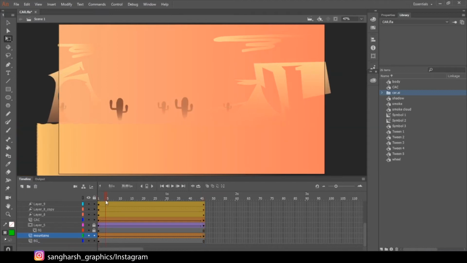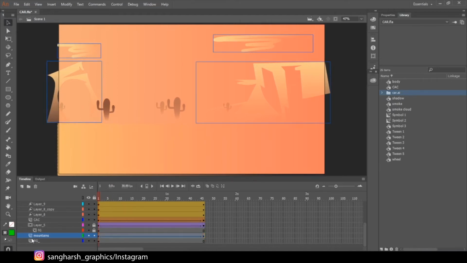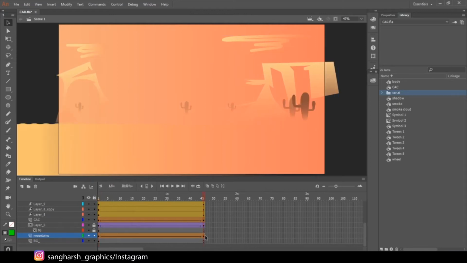I have animated it so that at the first keyframe all of the mountains' position is here, and at the last frame I just moved them a little bit inside here because I need some parallax effect.